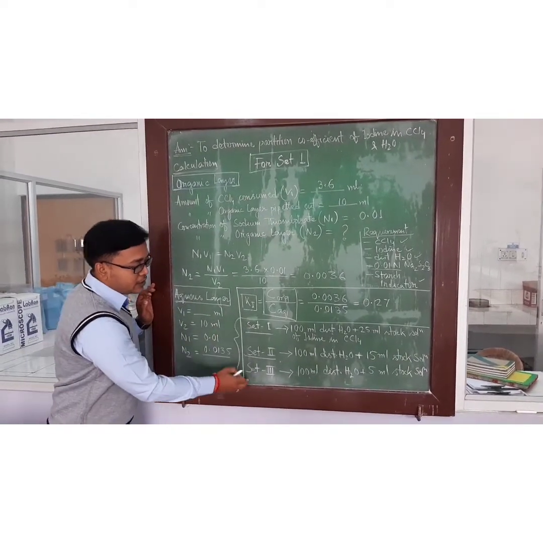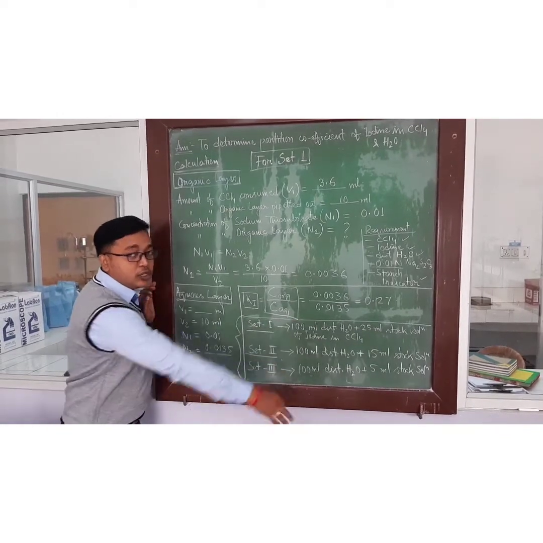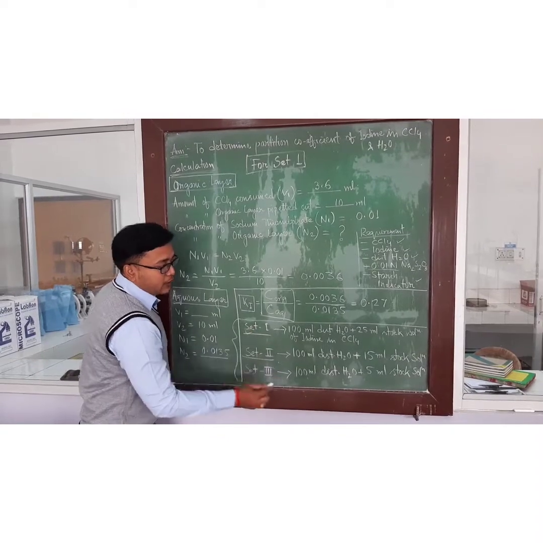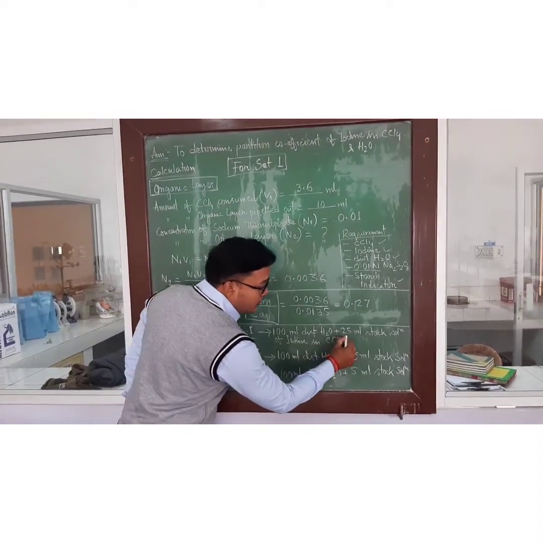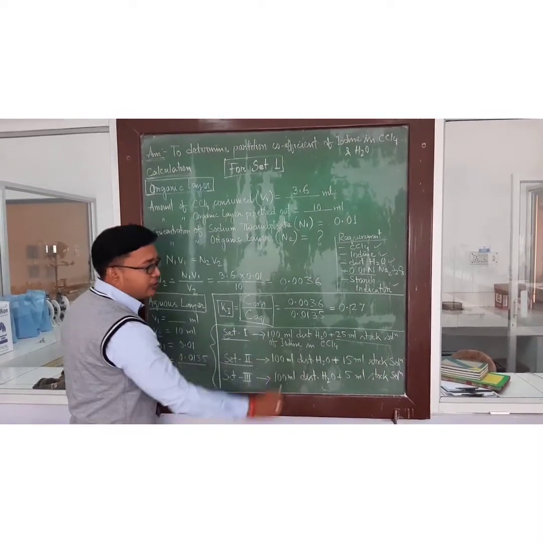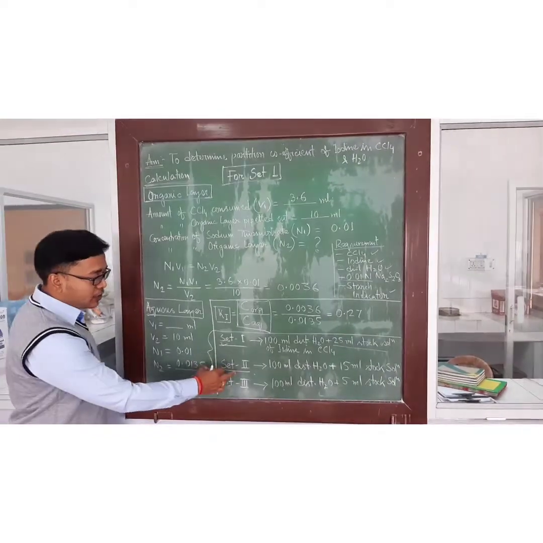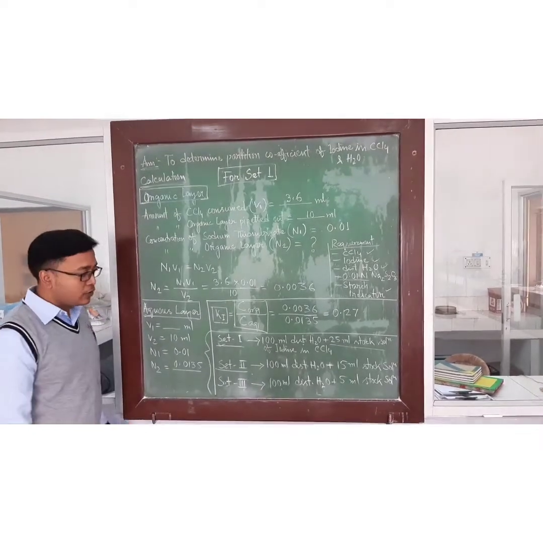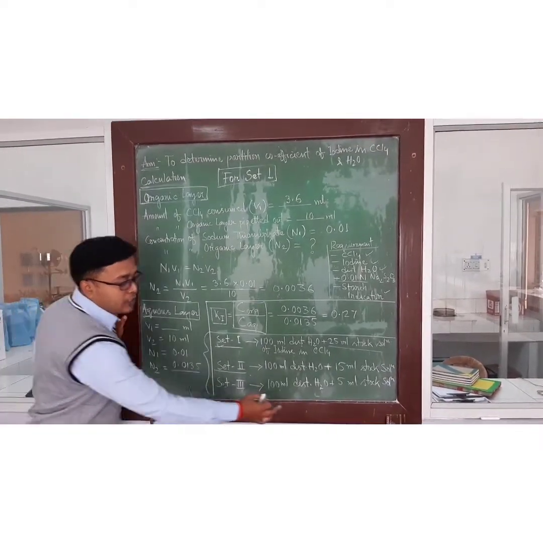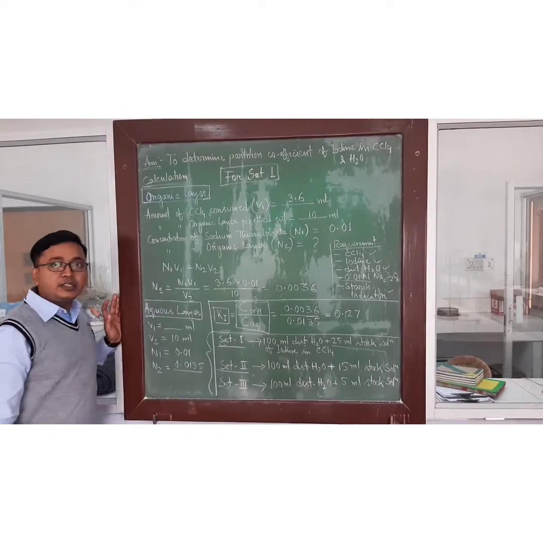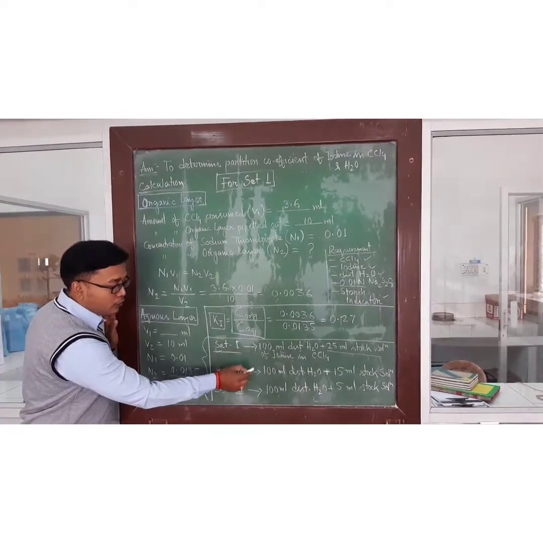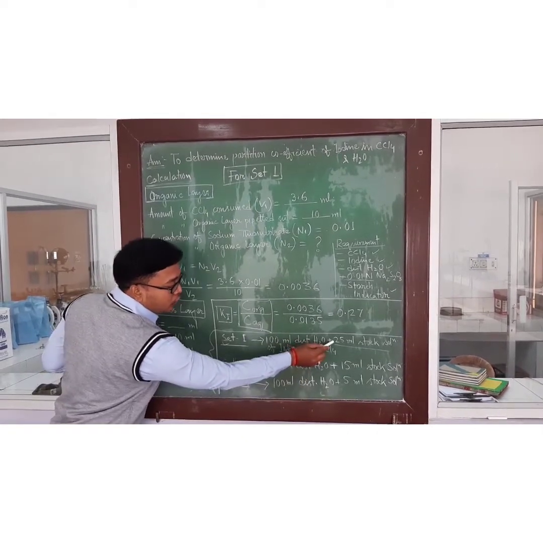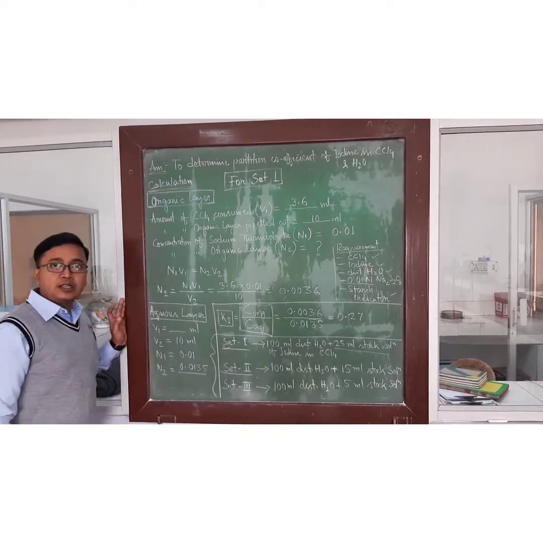In all the sets, you have to take 100 ml distilled water. But the difference is, in set 1, you have to add 25 ml of stock solution of iodine in CCl4. In case of set 2, you have to take 50 ml stock solution of iodine in CCl4. And in set 3, you have to take 5 ml stock solution of iodine in CCl4. The volume of water is the same in all these 3 cases, but the difference is the volume of stock solution of iodine in CCl4.